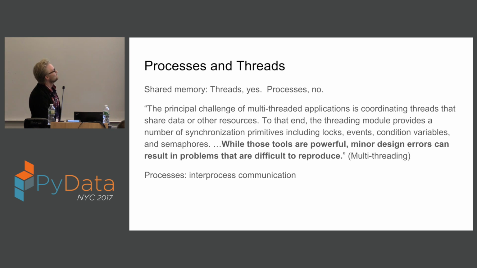So, we're going to start talking about processes and threads. Threads have shared memory, processes don't. Processes don't share memory space between each other. So with multi-threaded applications, or even multi-process applications, most of the difficulty comes down to synchronization, which means that even if they're doing different things at the same time, we eventually need them to communicate some useful information to each other,